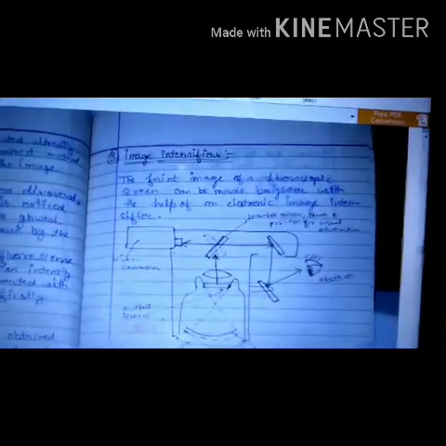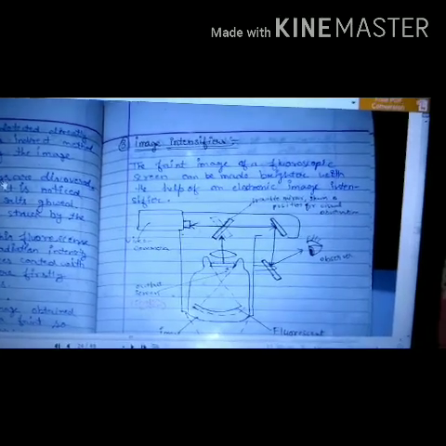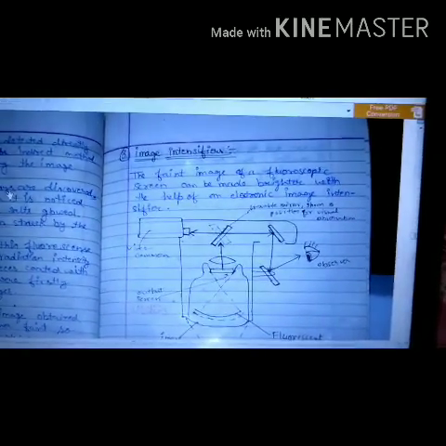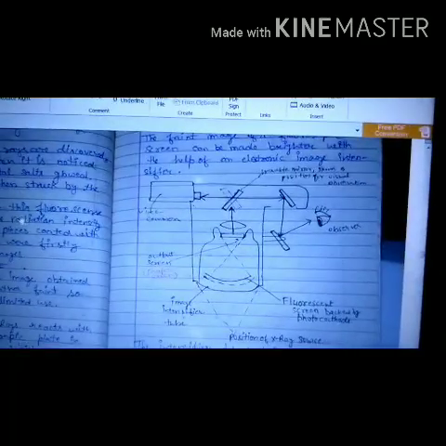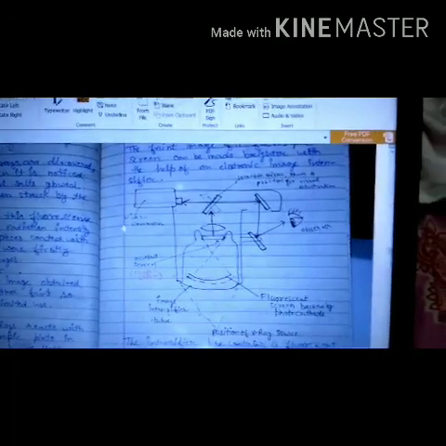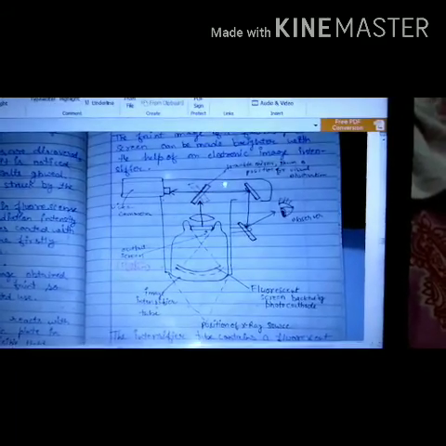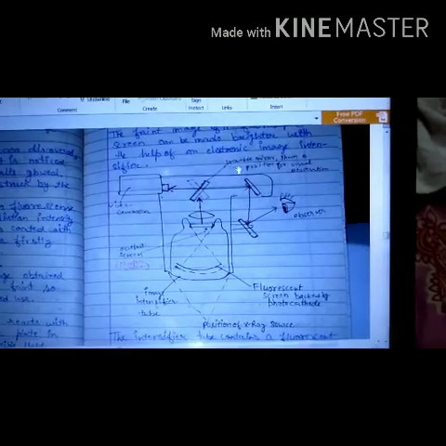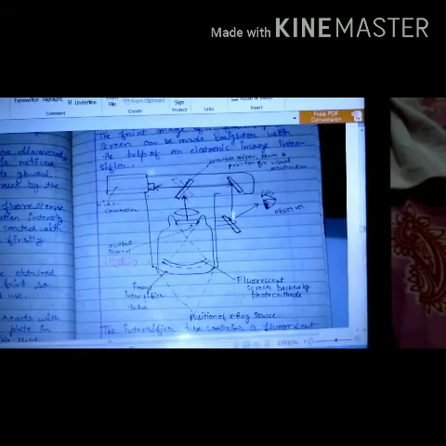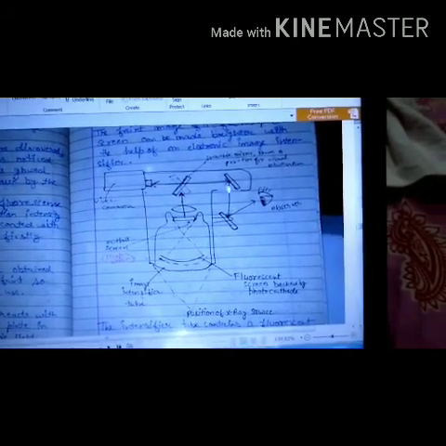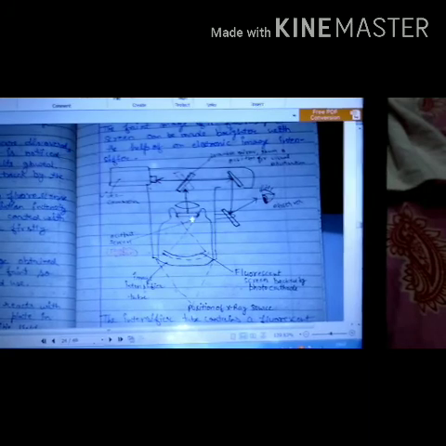Image intensifiers. Now this is one of the modern technologies and utilizations of X-rays. The faint image of the fluoroscopic screen can be made brighter with the help of electronic image intensifiers. This is a simple device which has been shown here. Here is our video camera. Here is a movable mirror shown in position for visual observation. The observer can view from here with the help of the mirrors, as they can be changed and directed for a particular application. This is the output screen.